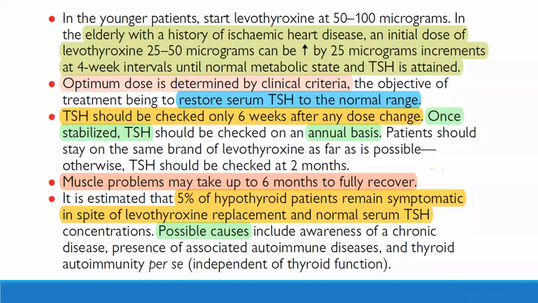In the young patient, start levothyroxine at 50 to 100 microgram and increase the dose every 6 to 8 weeks according to the TSH, to the full replacement dose. But in the elderly, we should start with a small dose. I will cover it. Yes? You mean start with 50 and 100 microgram and increase gradually? This is one option, Dr. Anijah. 1.6 to 1.8.